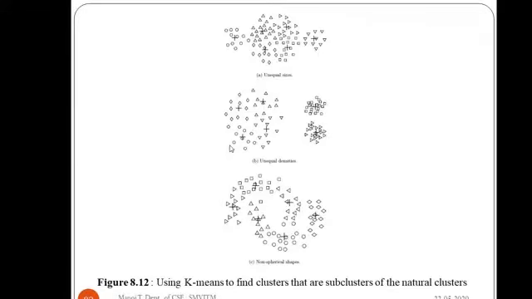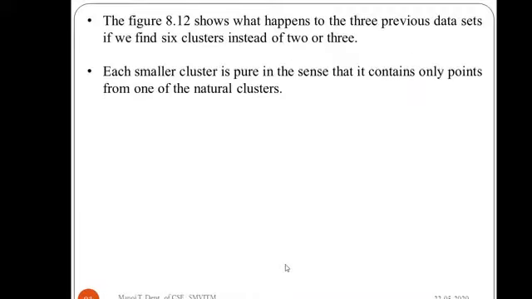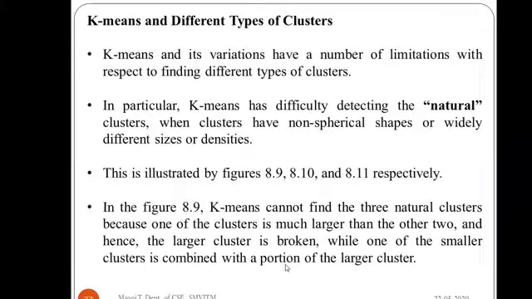So here if we see this particular figure, instead of having the three natural clusters, if we break them up into 6 clusters, then to some extent the problem of k-means finding the clusters can be relieved. As far as this set of data points is concerned, if we have 6 centroids, then the problem can be somewhat relieved with unequal sizes, unequal densities and non-spherical shapes. So this is regarding k-means and the different types of clusters it deals with.